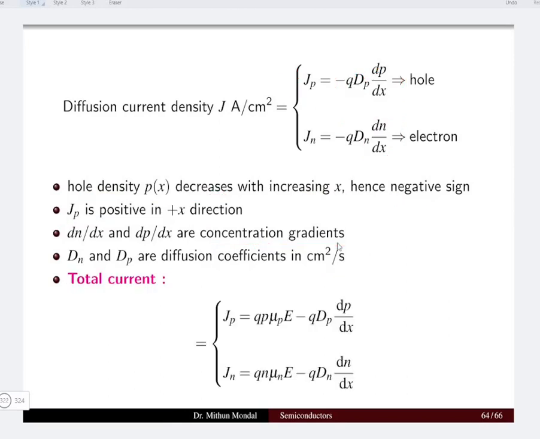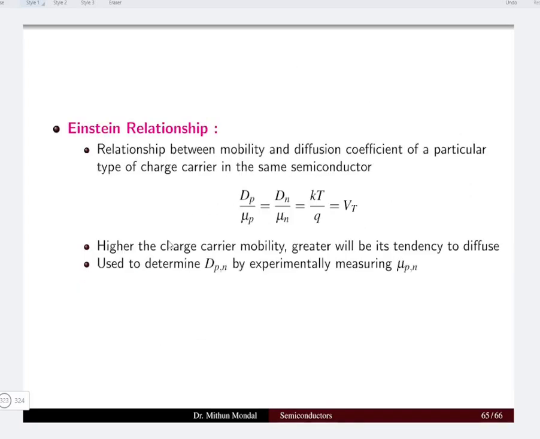per second. If we talk about the total current, which is the sum of the drift current and the diffusion current, then these two will be added up. So drift current plus diffusion current will be the total current. In a semiconductor, you have the drift current due to the electric field, and the diffusion current when the voltage is 0, due to the concentration gradient.